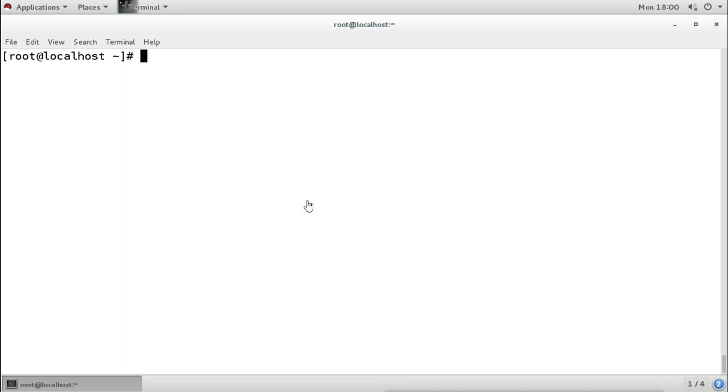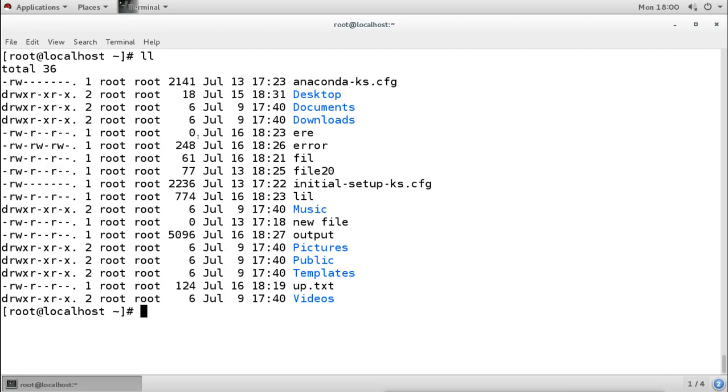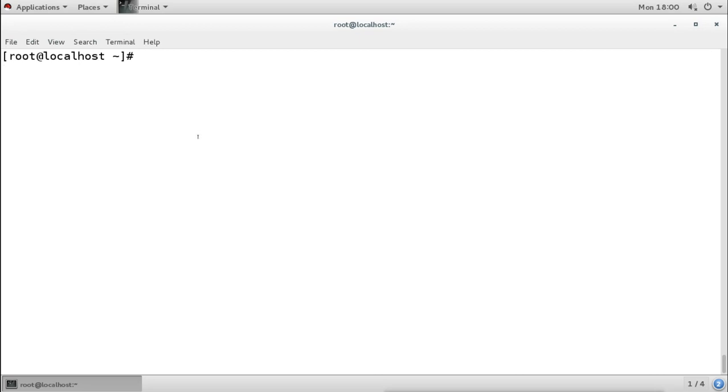Okay, I will show you an example here. I will create a file here, test.sh. Now in the file I will give the command mkdir to create one directory, say script under the slash.